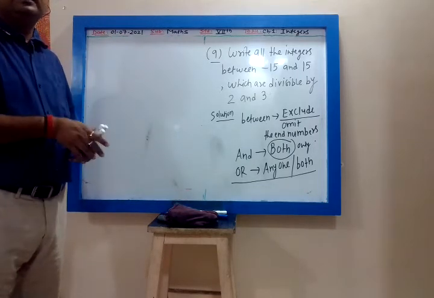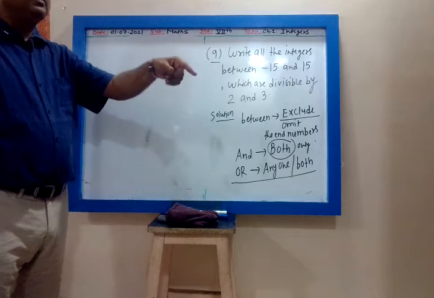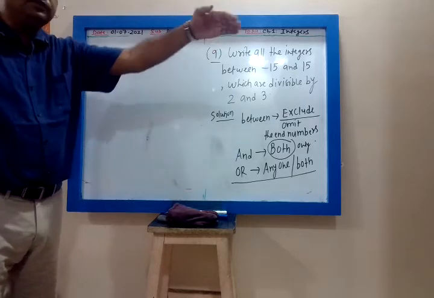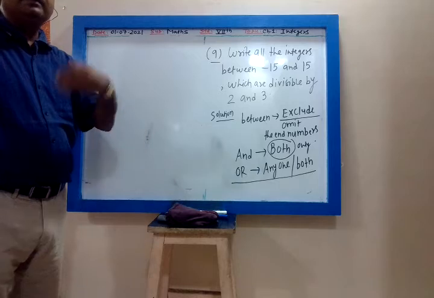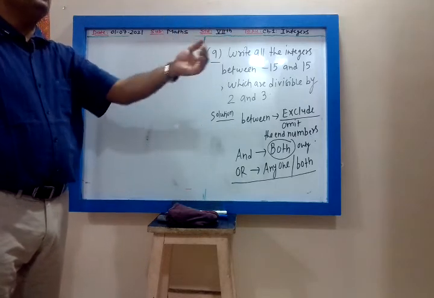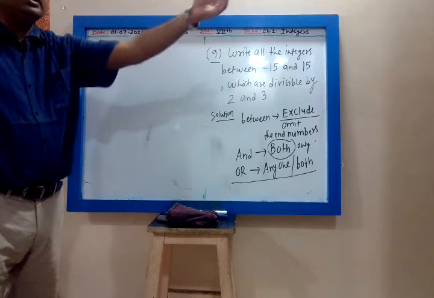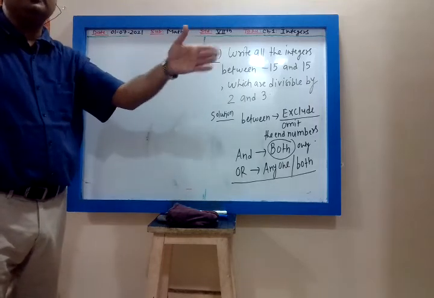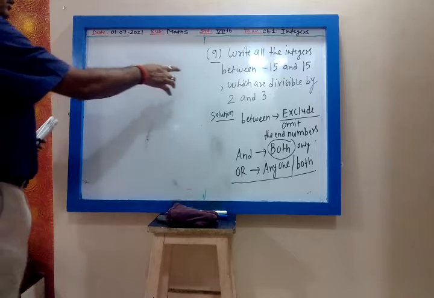If my answer is Ram and Shyam both come in, I have used the word and. That means both will come inside. But if I say either Ram or Shyam, anyone come in, it means either Ram can come or Shyam can come or both can come. But whenever I am using and, it means both. So let us solve this.